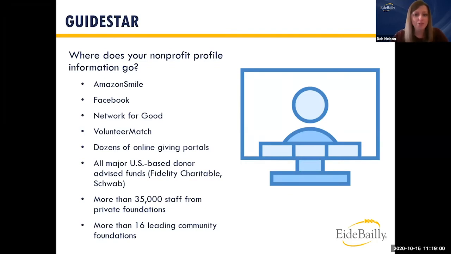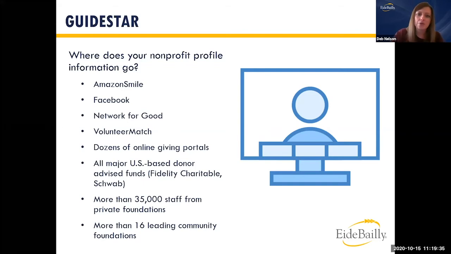And I think more importantly, it's good to know where that information goes. So your information is shared with more than 200 charitable sites, including Amazon Smile, Facebook, Network for Good, and others. And it's a way to get your most current data pushed out to thousands of users. So there's a lot of private foundations or donor advised funds who have a certain subscription level where they're able to access this data from your profile. So again, something to consider. And at the least, I think you should go out and view your organization.